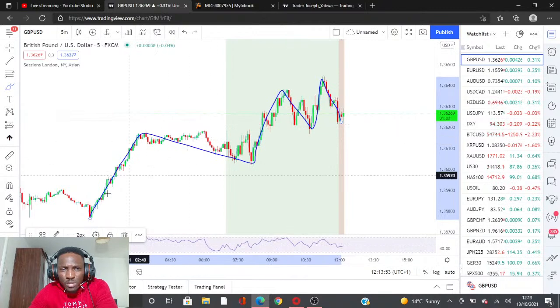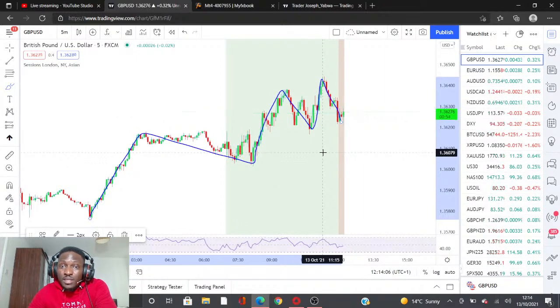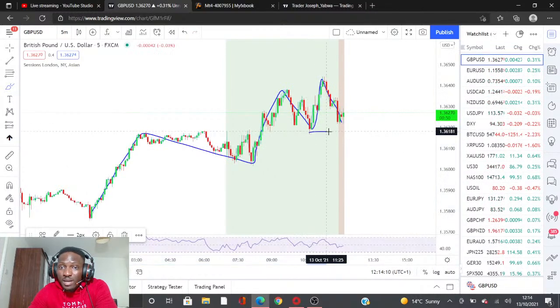Notice that this is not symmetrically perfect. The market doesn't care about being perfect. The market cares about obeying rules. The market cares about sticking to rules. And the rules I just showed you regarding the bearish structure, that's the rule that the market is going to stick to. Unless, like I told you at the beginning of this stream, the market breaks this,